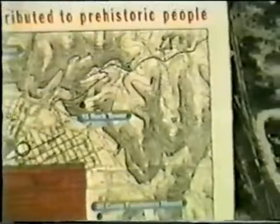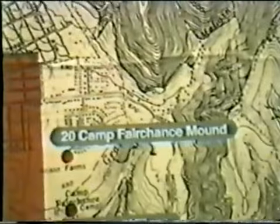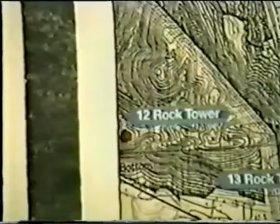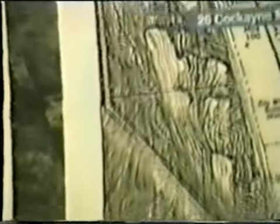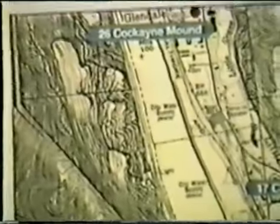Hilltop fortifications just about in all directions. We'll scan down here, and again, you've got the village, then you've got another mound coming across. We've got a rock mound, and it says rock tower, and then up here is another mound. You'll notice that the Ohio River comes right down through this area,